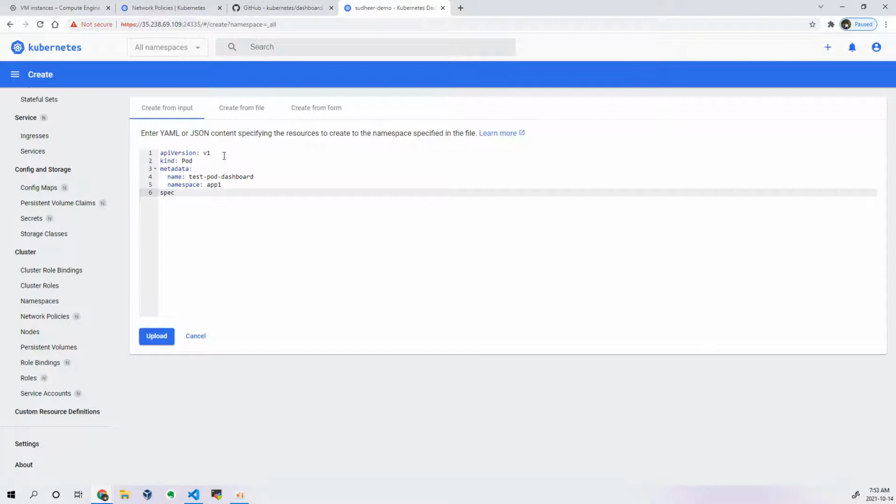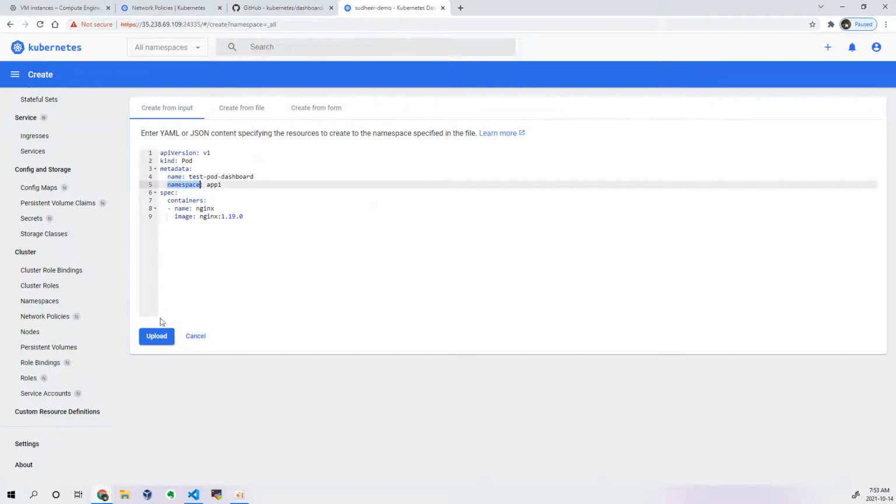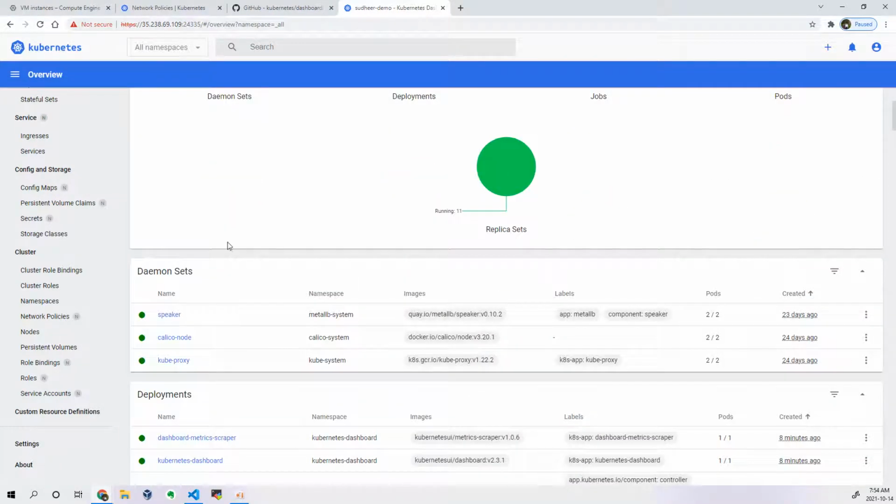Spec, containers, hyphen name, unix, image. Done. This is important. Why? Because you are creating at namespace level, so you have to mention in which namespace you want to create. Upload. That's it. Now the pod will get created.